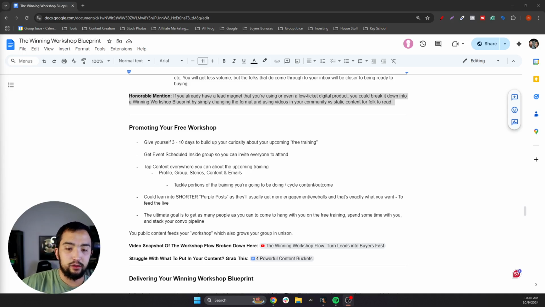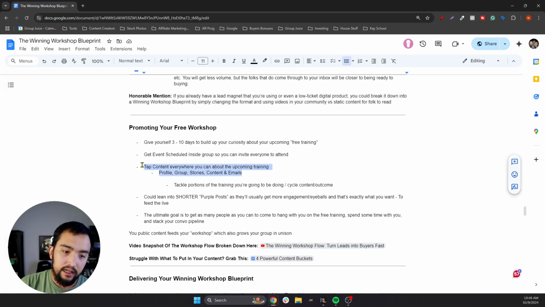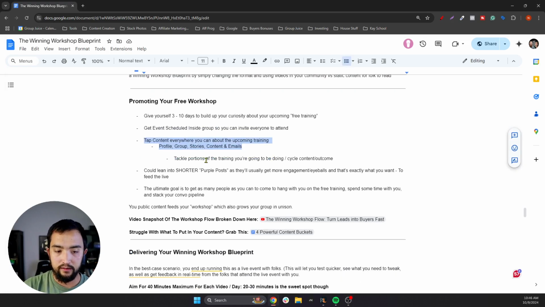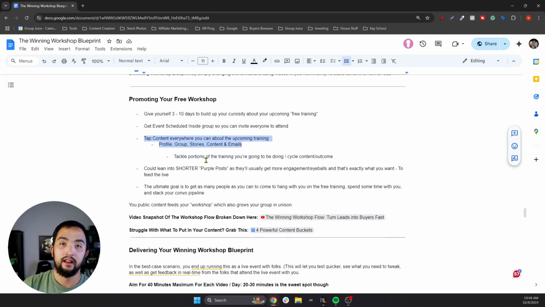Get events scheduled inside of your group, and you can invite everyone to attend. If you already have a group, even better. Okay. Tap up content everywhere you can and post about the free training: profile, group, stories, content, emails. Okay, leave no stone unturned. Hammer everywhere that you have potential attention and try to get people to come hang out with you on